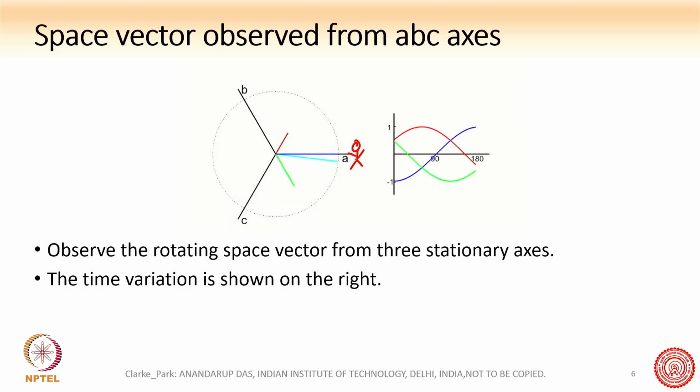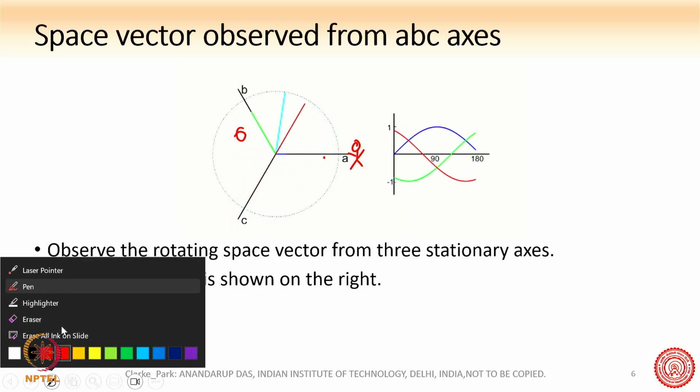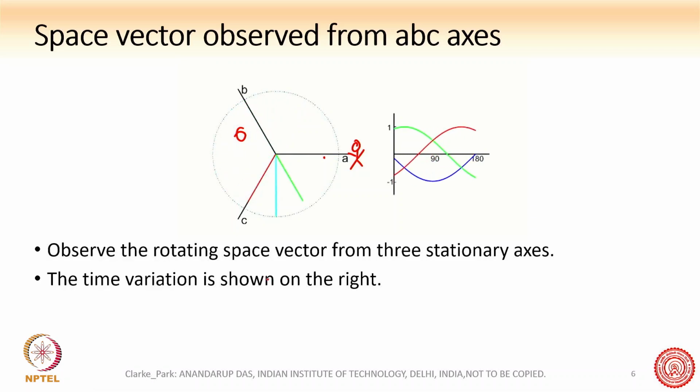This is the stationary axis, the A axis, and the light blue one which is rotating is the space vector. So if I can just stop it,